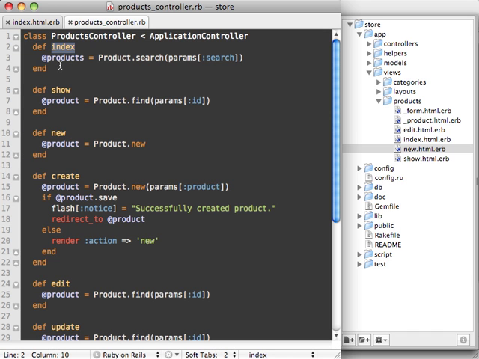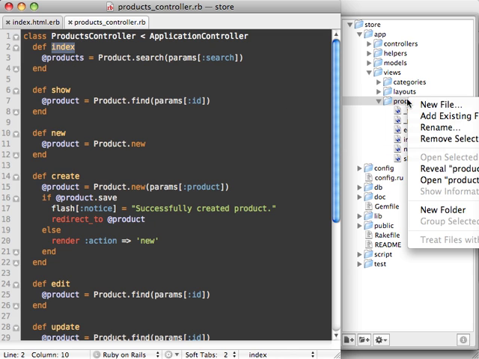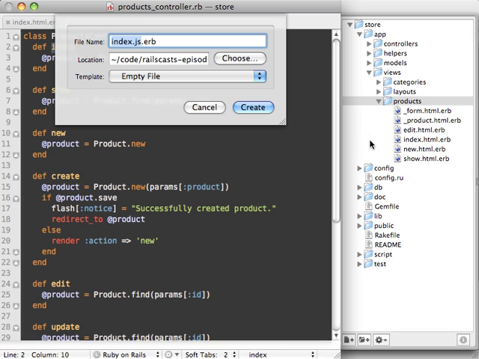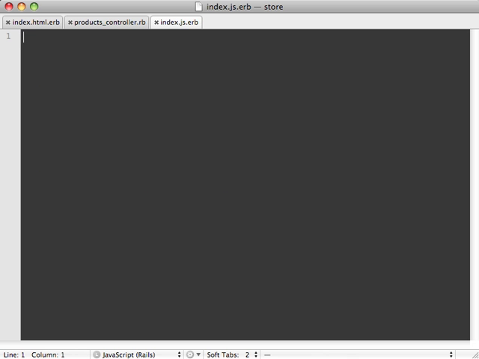which will go to our products index action. And what we want to do is actually just add a new template view here under our products view, and let's call it index.js.erb. So this will be a new JavaScript file. And in here we can write any kind of JavaScript we want, and it will be executed when it's returned. So we could just take our products div